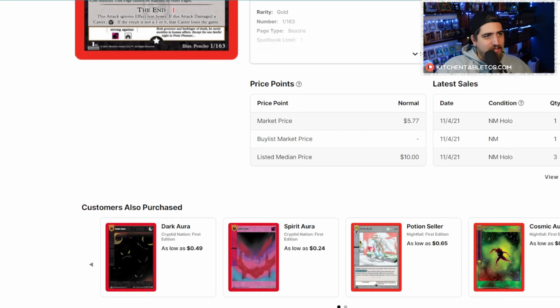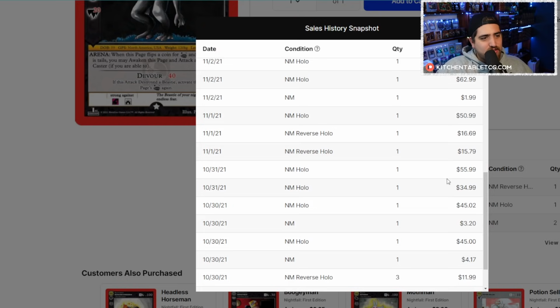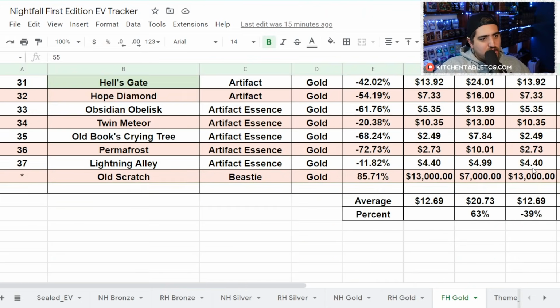So I actually bought a couple of these on TCG Player. So 50, 62, 62, 63. So they're kind of all over the place. Keep that in mind. But that's kind of where I'm putting them at, is at 55. This puts your average then to